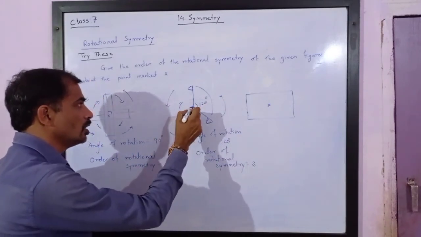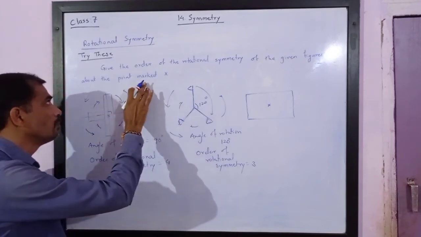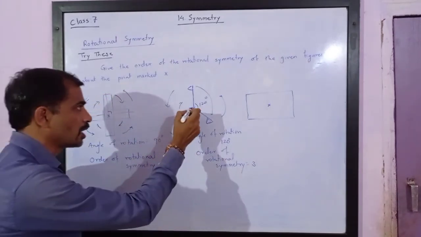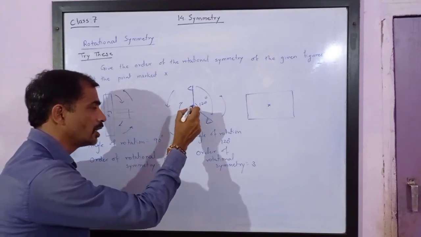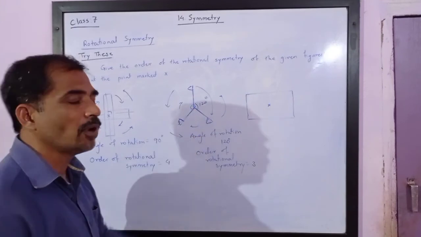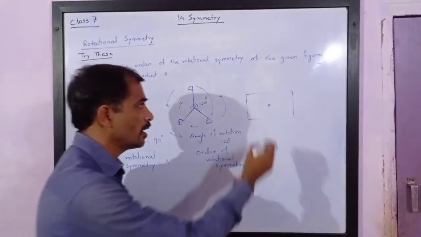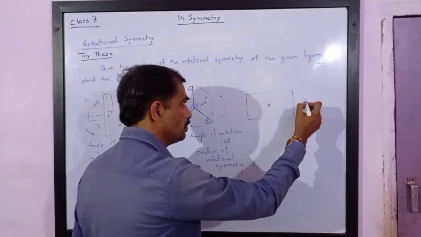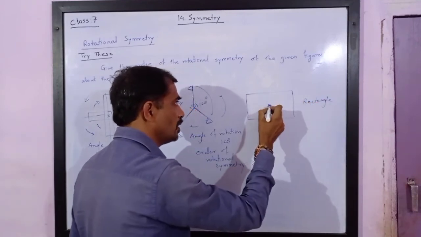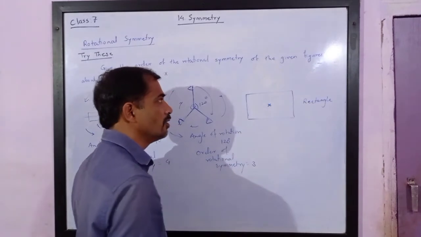Even if you rotate in anti-clockwise direction, you will notice that we get a rotational symmetry. Here also we have to check rotational symmetry about the cross mark, which is again the center of the figure. So here also we are rotating about the center of the figure. The next figure is of a rectangle. We will imagine it as a rectangle. You will see a cross is made at the center of the figure.